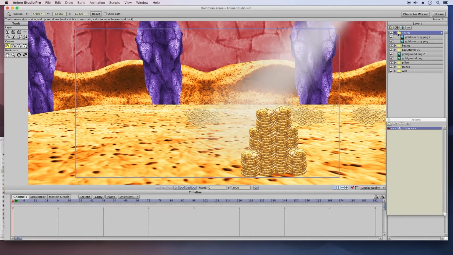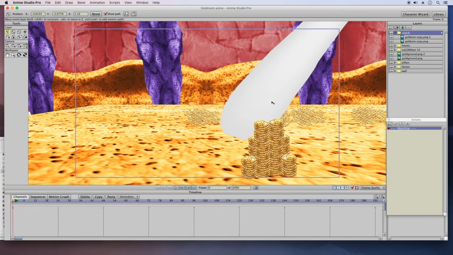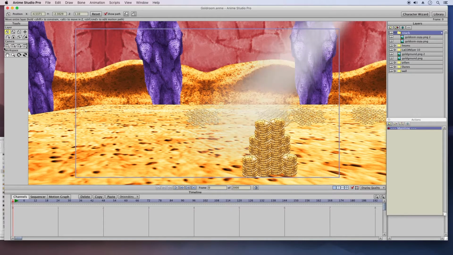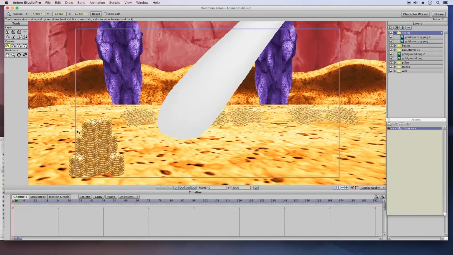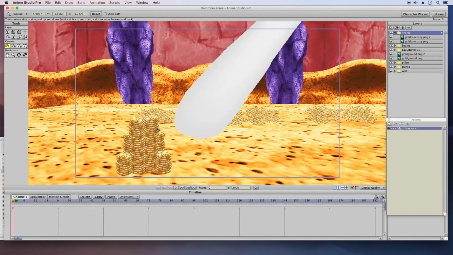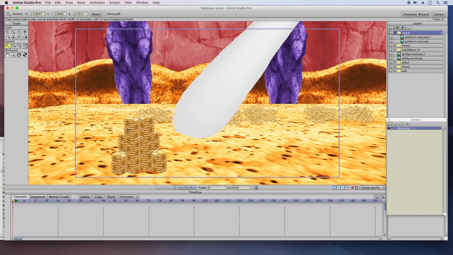So it's probably more like 1.2. I'm sorry, 1.1 for the speed. Alright, so 1.1, and then I move that down to the foreground, and let's see, that's just about right. So you get that really cool effect where it looks like those coins are in the